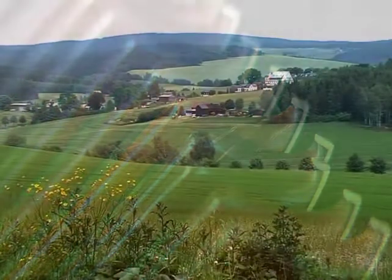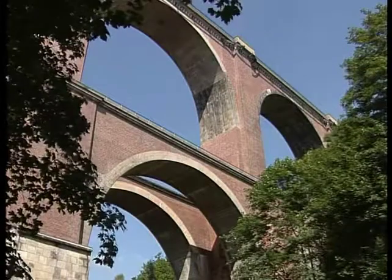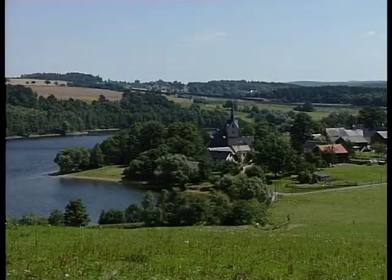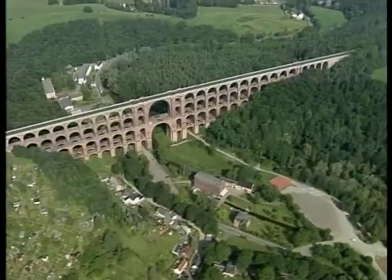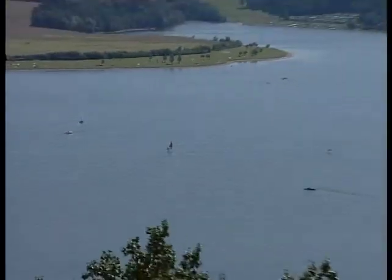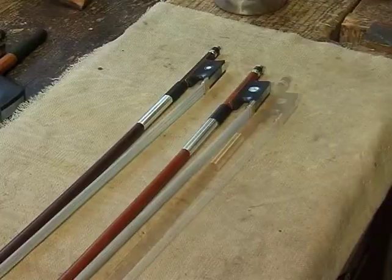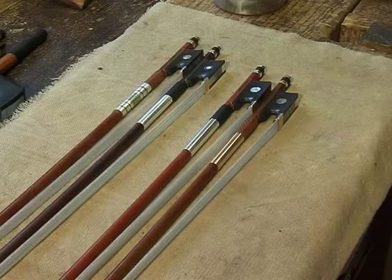The Vogtland region is located in the southwest of the Free State of Saxony. The area has plenty of forests, idyllic villages, bridges with huge spans and large reservoirs, and a very special type of craftsmanship. Skilled master craftsmen have been making bows for stringed instruments in the Upper Vogtland area for more than